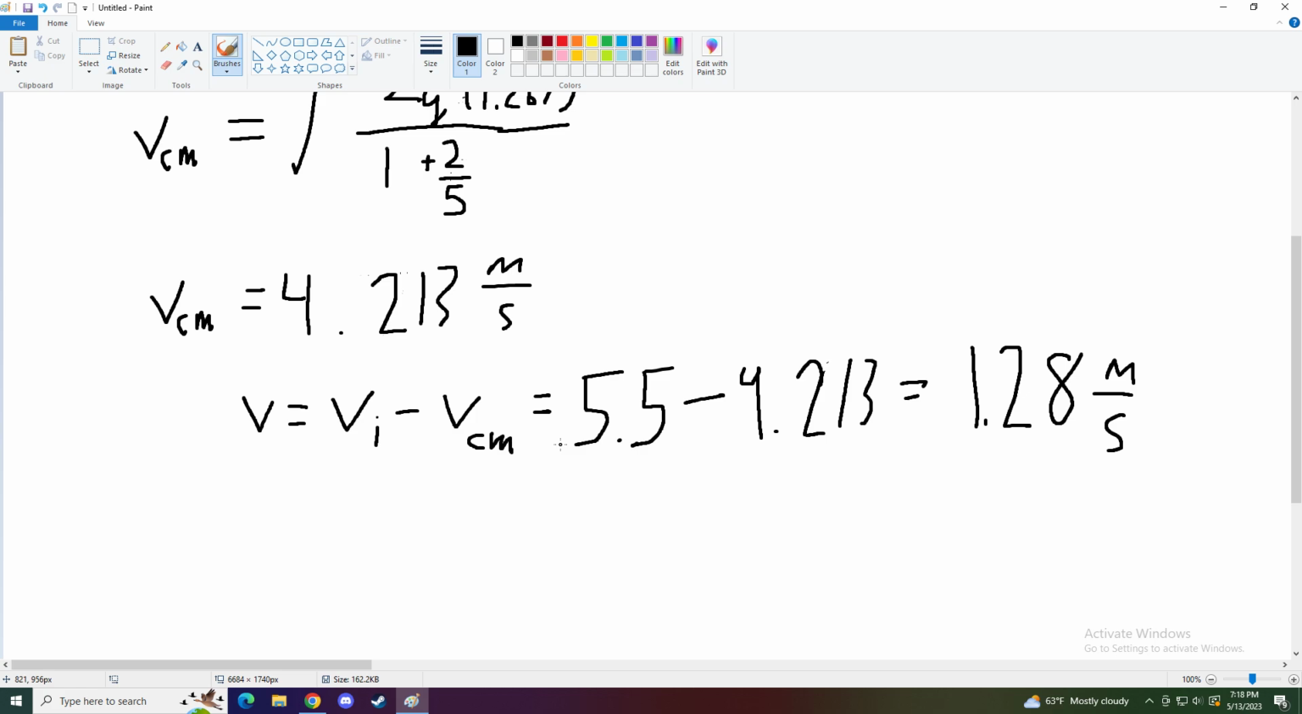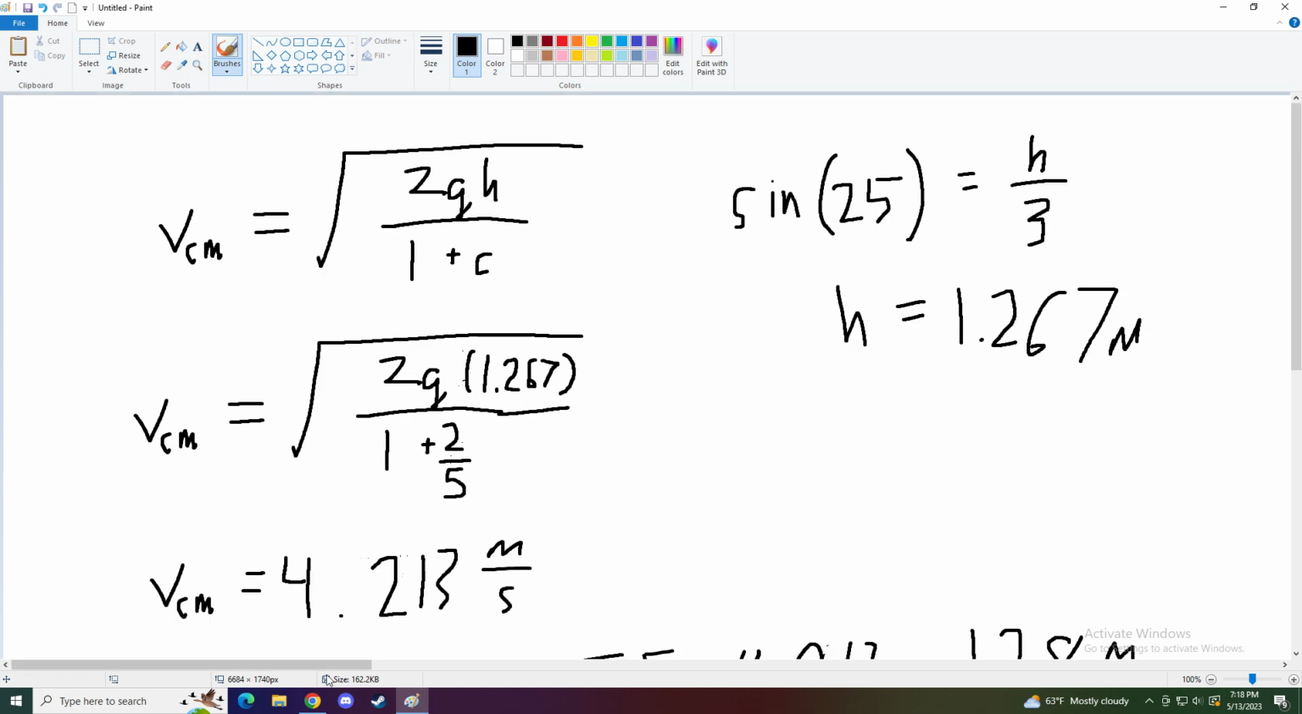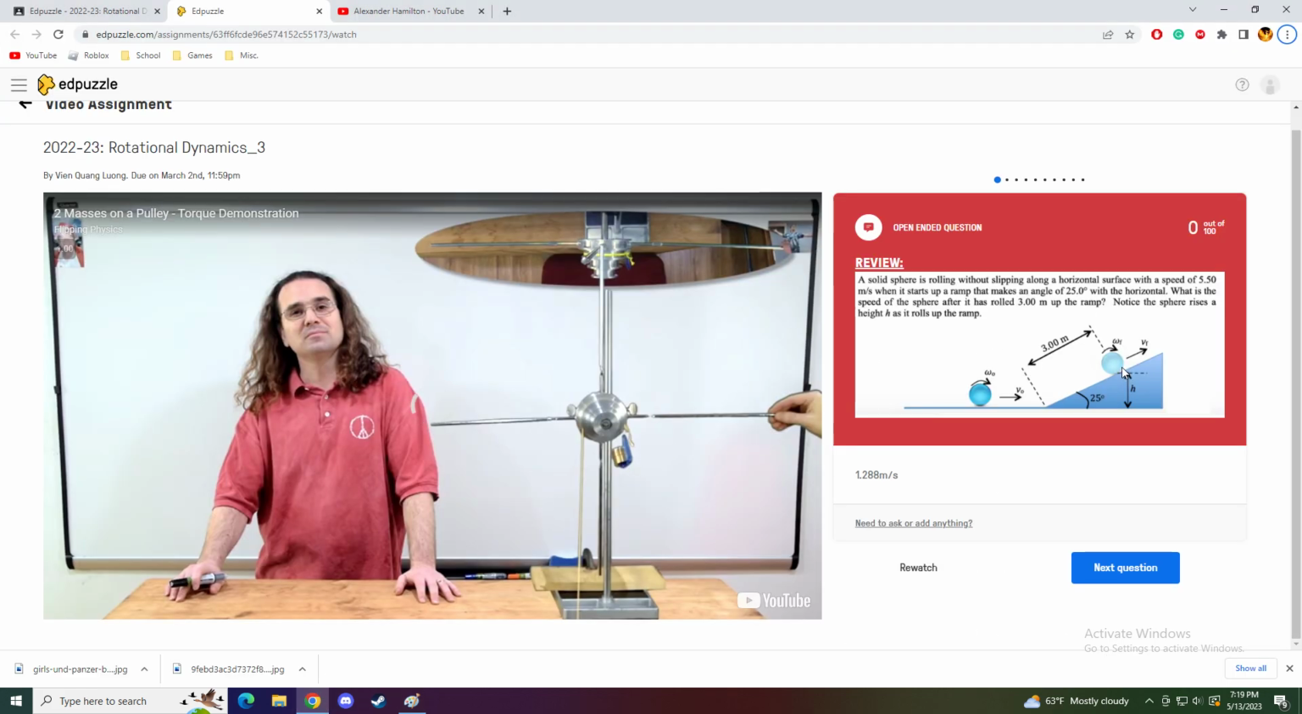Therefore, if we take our initial speed and subtract the speed when it rolls down, then our final speed, or the speed we get here, should be our answer, 1.28 meters a second. However, this is not true, and that's because when you take the speed when it rolls down from here, you're assuming that all the